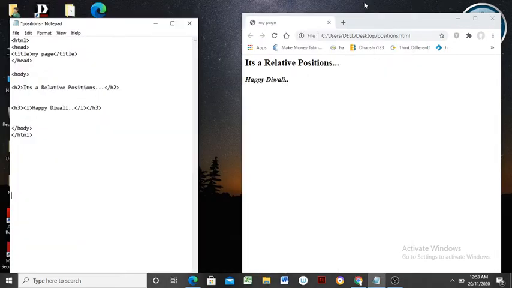Hello student, today we are going to study the next type of positioning, that is relative positioning. In the last lecture we saw static positioning as well as fixed positioning. Before starting this positioning, we have made a simple web document or HTML file